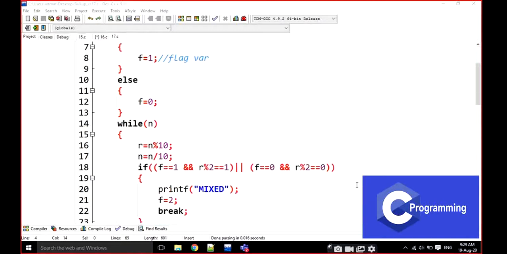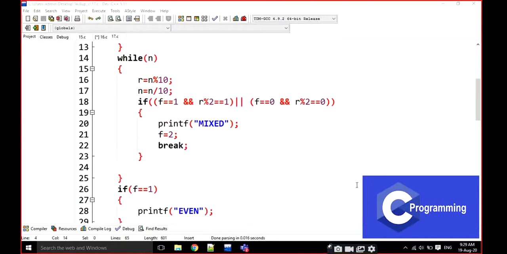Yes, after these lines, it is going to write these lines.